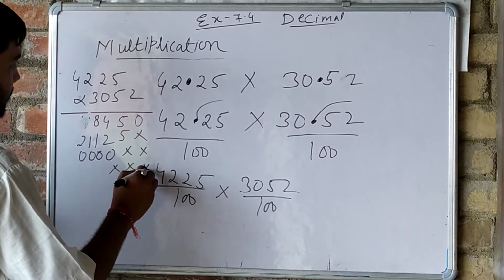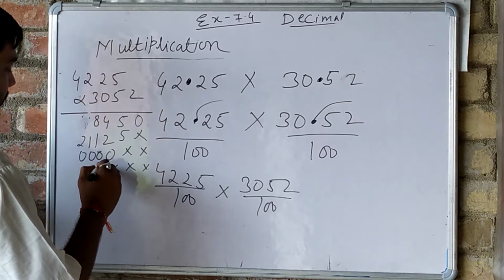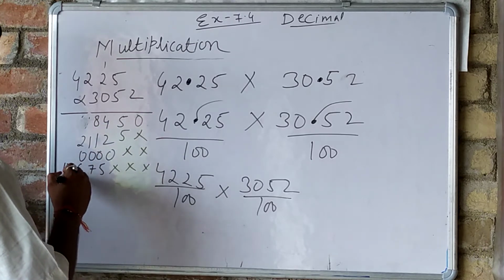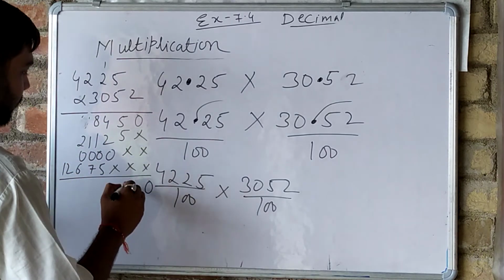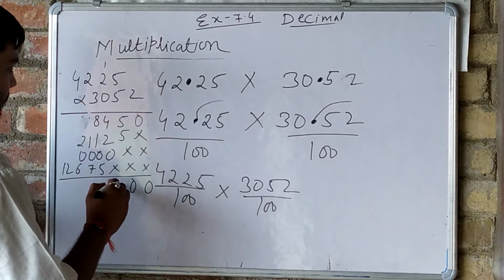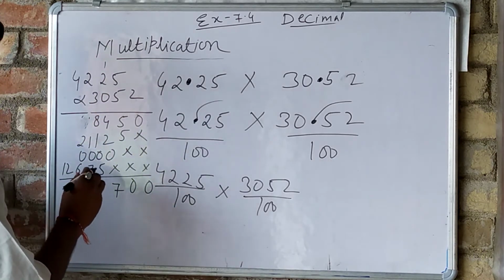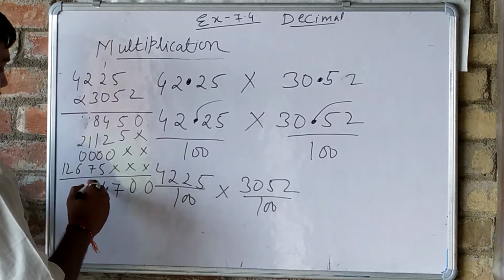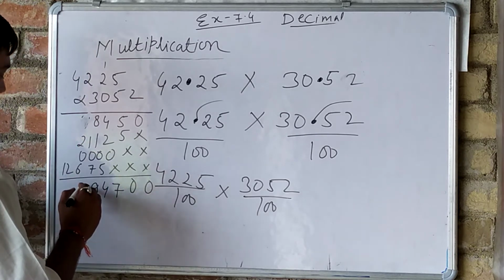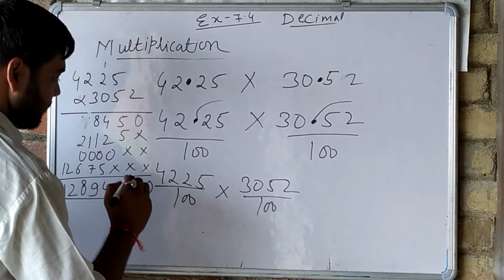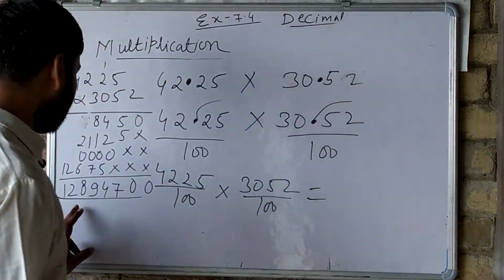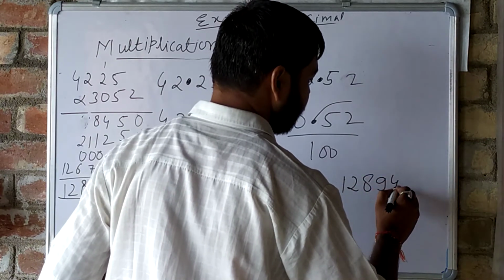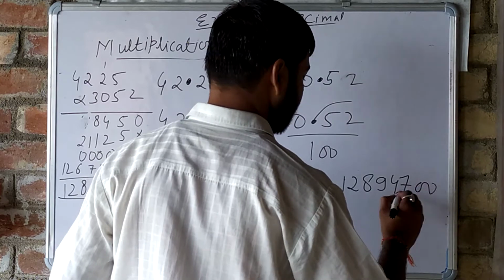Again we have 3 5 is 15, 1 carry, 3 2 is 6, 1 7, 3 2 is 6, 3 4 is 12. So 5 5 10, 1 carry, 4 1 5 6 7, 8 plus 1 9, 14, 1 1 2 plus 7 9, 6 plus 2 8, 1 2. So this is a very large multiplication. Finally we will get the answer 12894700 upon